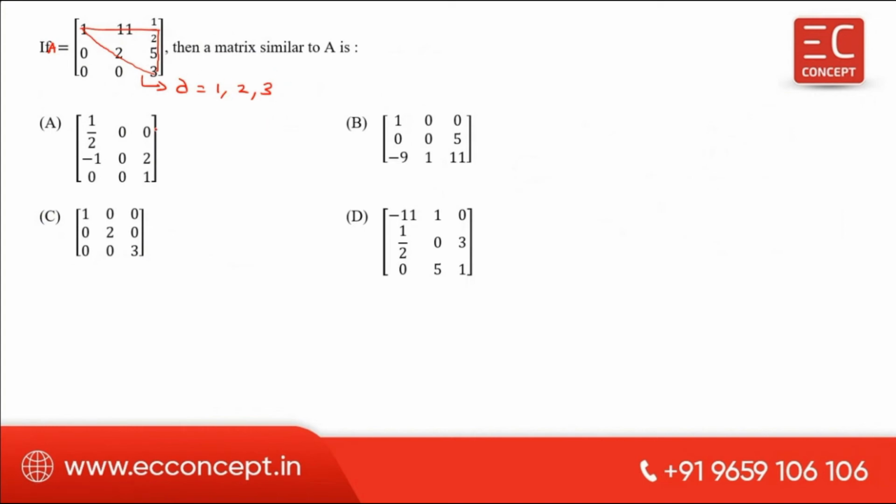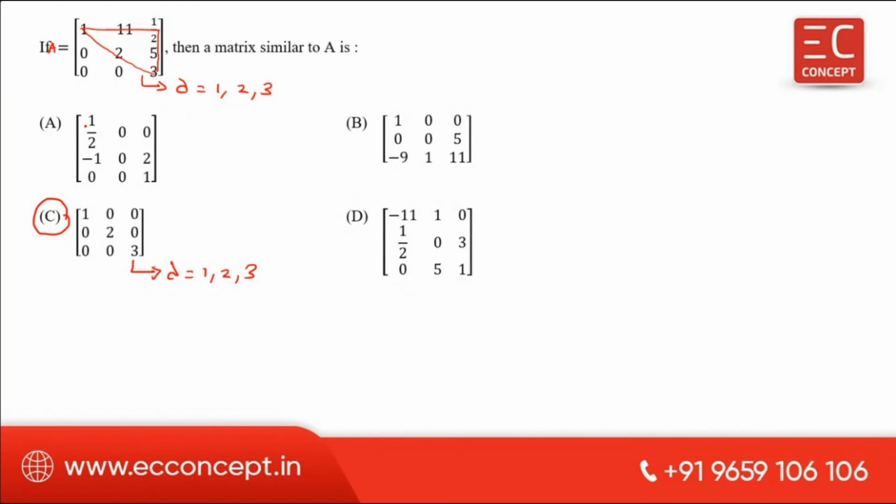Now this is the keyword. Now which matrix is given the same eigenvalue? So this matrix is also a diagonal matrix, therefore lambda is equal to 1, 2, 3. Therefore the similar matrix of this is C. How did we find this is similar? Because of the eigenvalue. So this matrix has the same eigenvalue and this matrix also has the same eigenvalue. How? Because for a triangular matrix, the eigenvalues are the main diagonal.